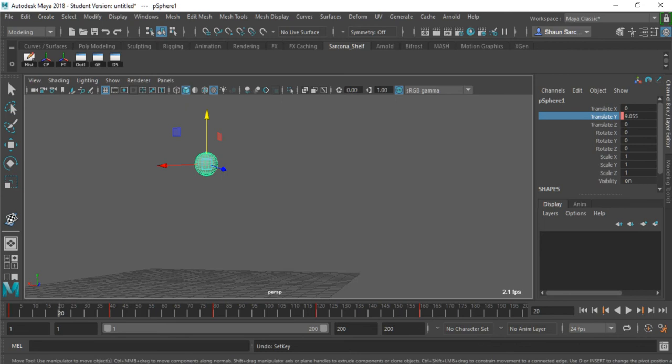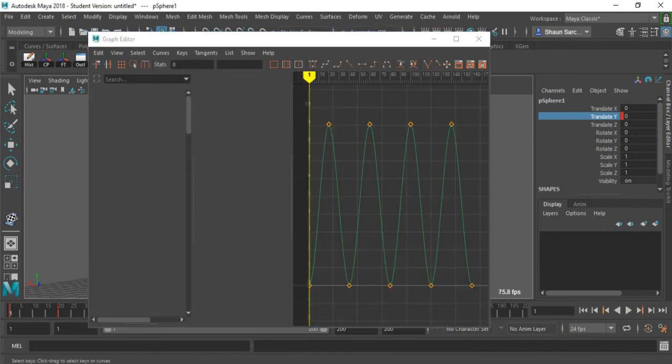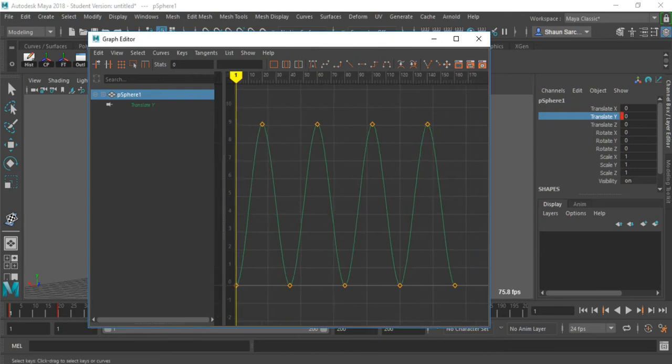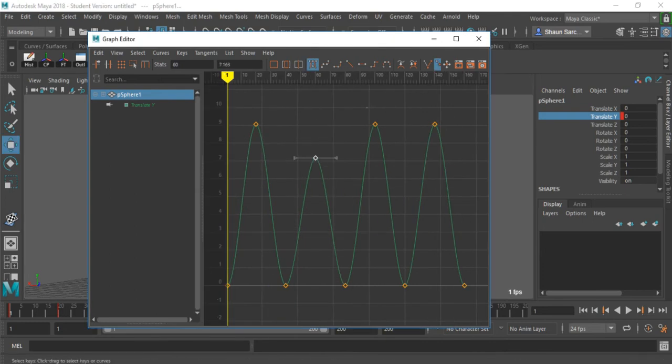There we go. And I could just set a key here, middle click on 60, set a key, middle click on 100, set a key, middle click on 140, set a key. All of these are at the same value, so it bounces up to that same spot. Then I could jump to the graph editor and just do this. Move it down, move it down, move it down. Okay? So it makes it a lot easier for me to be able to just say, I know he's going